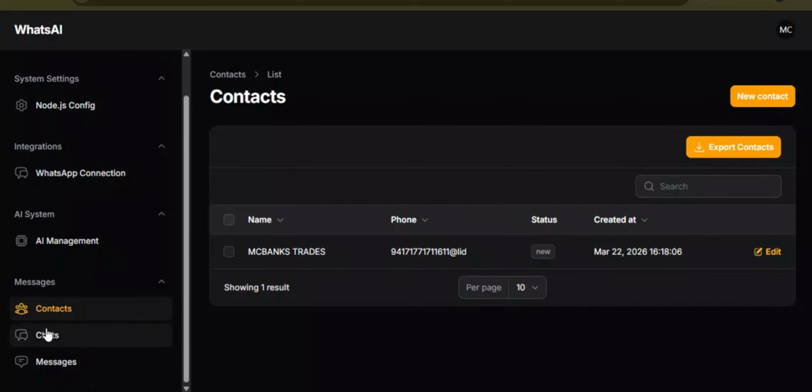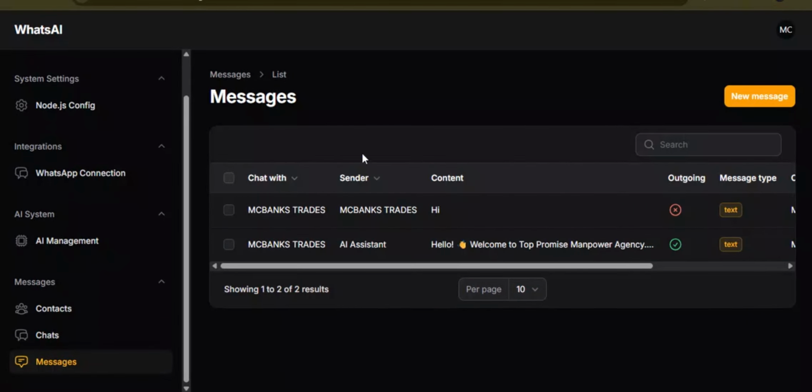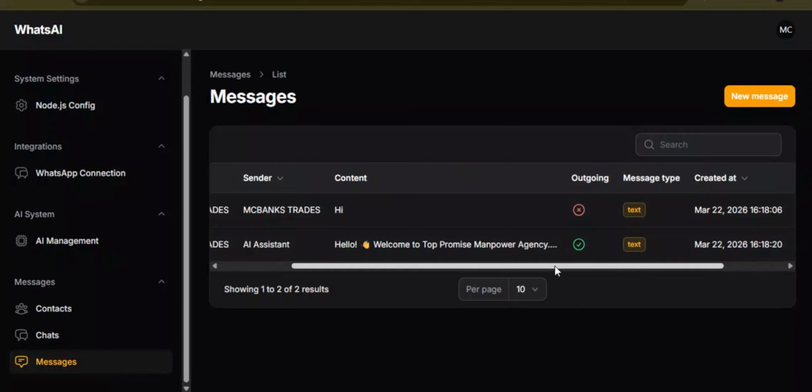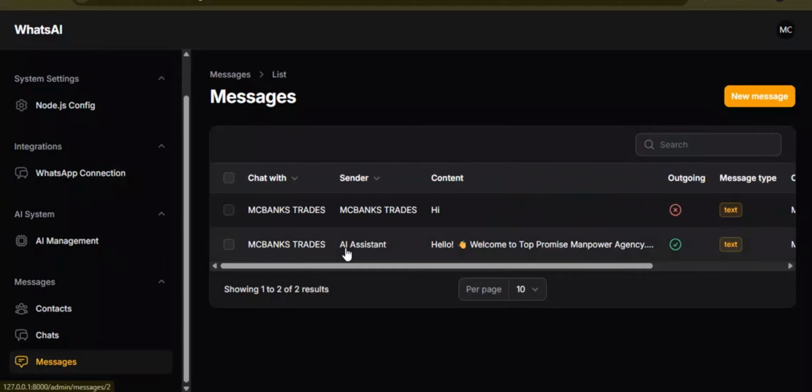Now, when you come to chats, you are going to get this contact and the type. Is it private or is it a group? And you are going to get a message that MC Banks has sent. This is the message that MC Banks has sent. The sender is MC Banks, and it is not outgoing. It is an incoming. So the message was "hi." But in response, our system has sent back a response to MC Banks Trades that says hello,